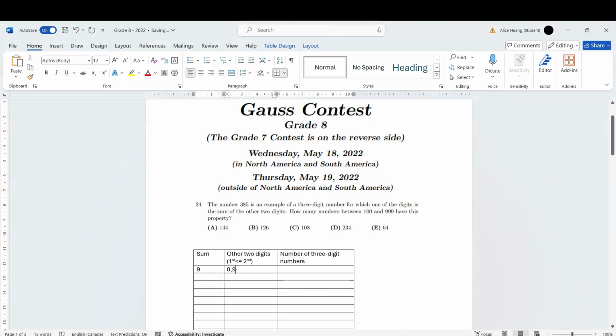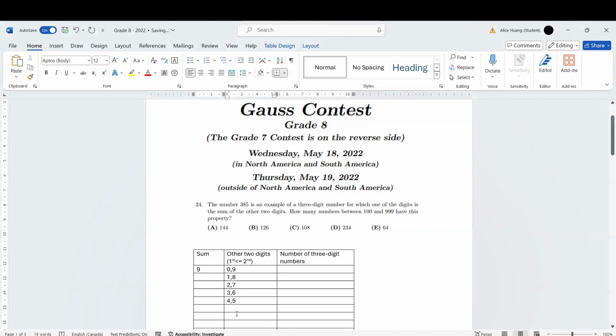It's important to include this combination. If you do not include this combination, you miss a few numbers. Then you can say 1, 8, and 2, 7, and 3, 6,